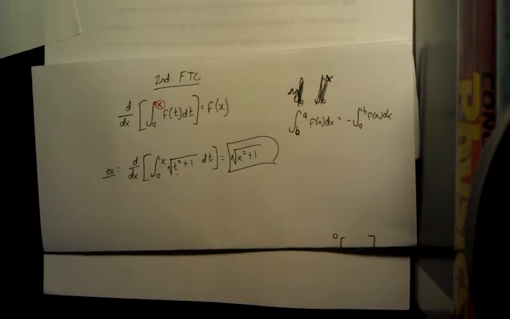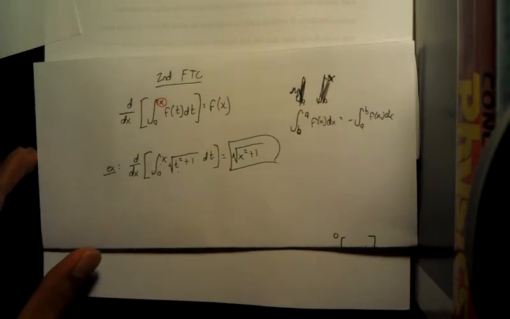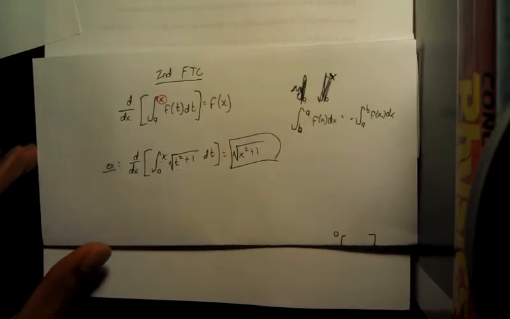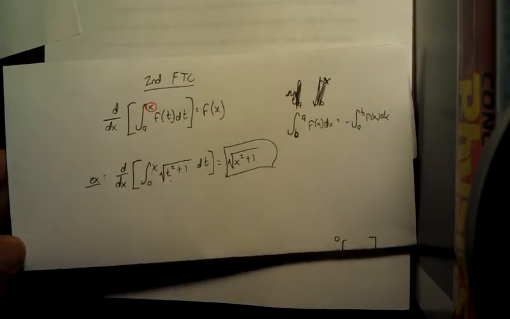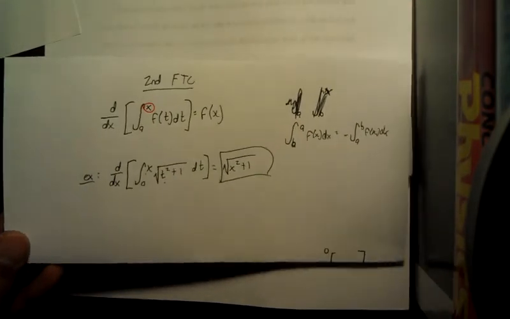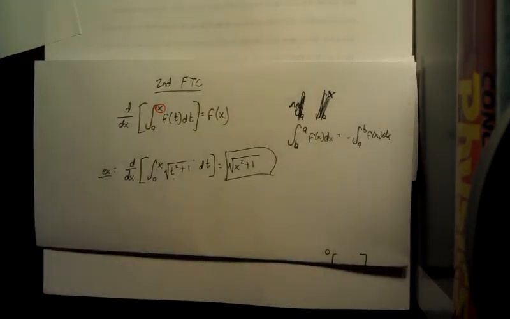I mean, I did that on my Chapter 4 test, got it correct, so I guess it works. But yeah, there's the second fundamental theorem of calculus and the absolute value theorem, or absolute value of a function. Hope those helped